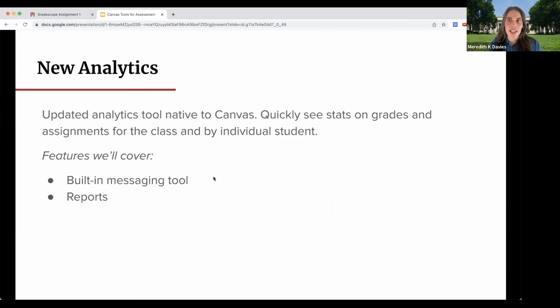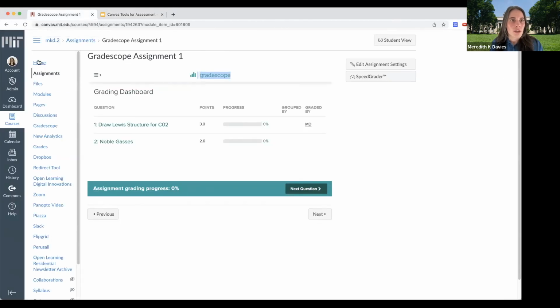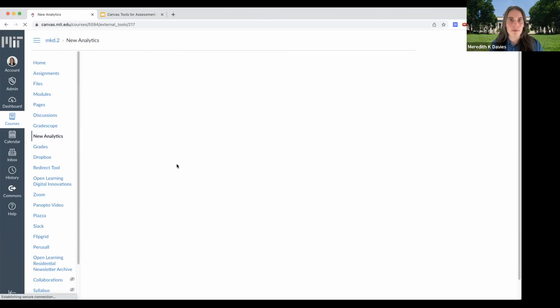So the next topic that we'll cover is the new analytics tool. This is an update to Canvas's older analytics, which you may have seen when we first rolled out Canvas, that was not very robust, but the new analytics has some better features, including a built-in messaging tool and a reporting tool, which is what we will focus on today. We also covered new analytics in the previous tools xTalk, so if you're looking for more information, we can refer you to that. So I'm just going to click onto the new analytics page for this course,